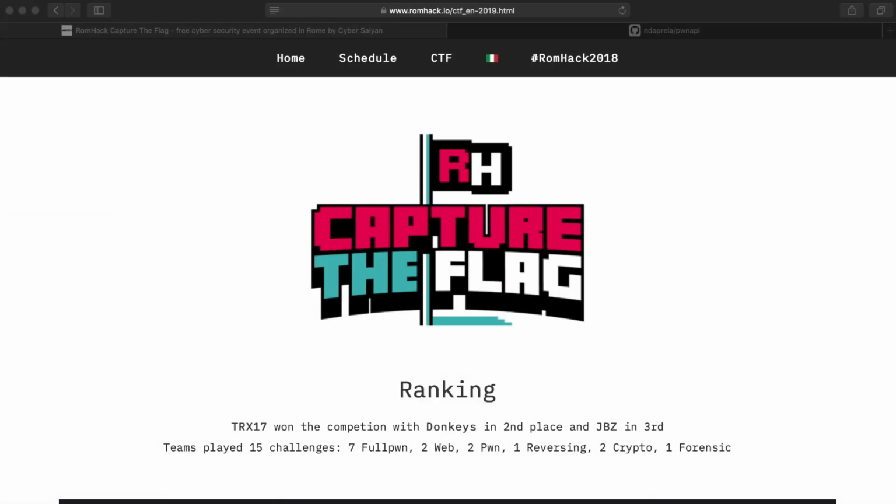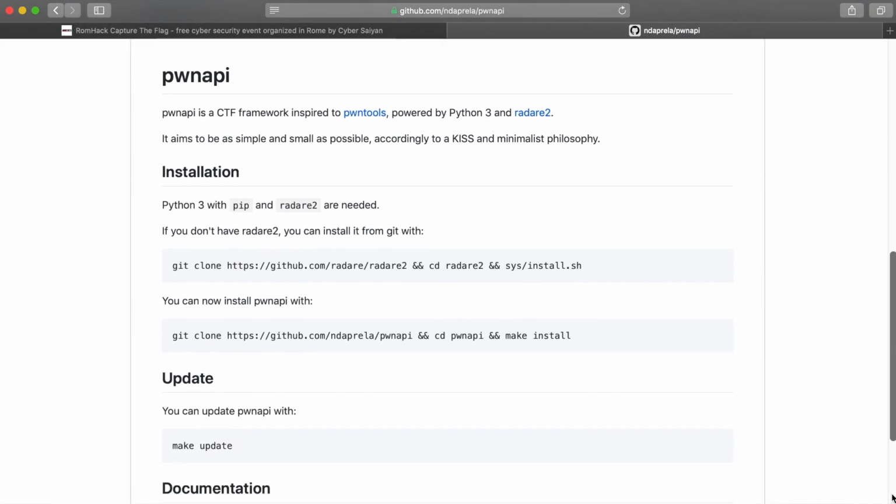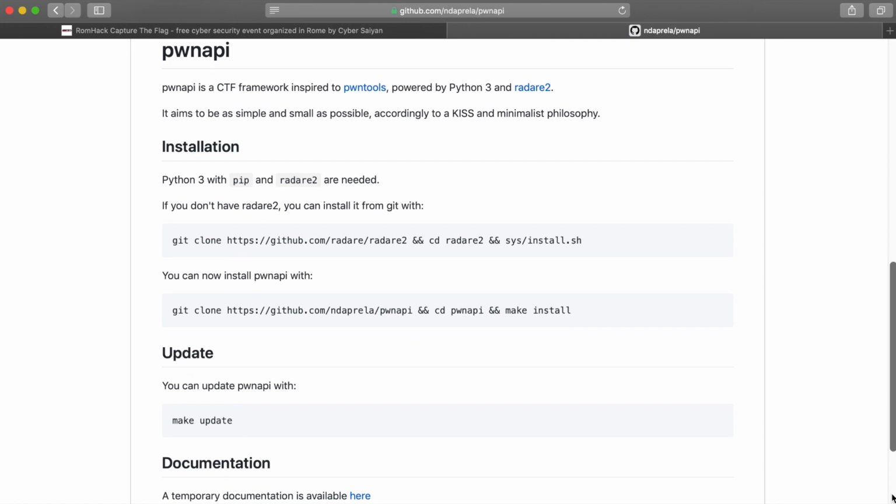Hi, today I'm gonna show you my solution for a challenge from RomHack CTF. RomHack is a newborn security conference which was held in Italy in September 2019. And this particular challenge wasn't really hard, so it's a good opportunity to show you a project I'm working on,